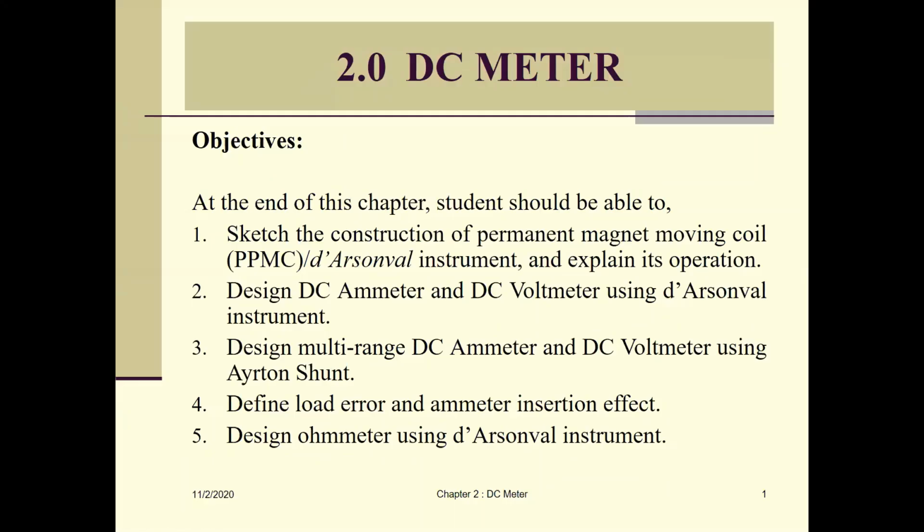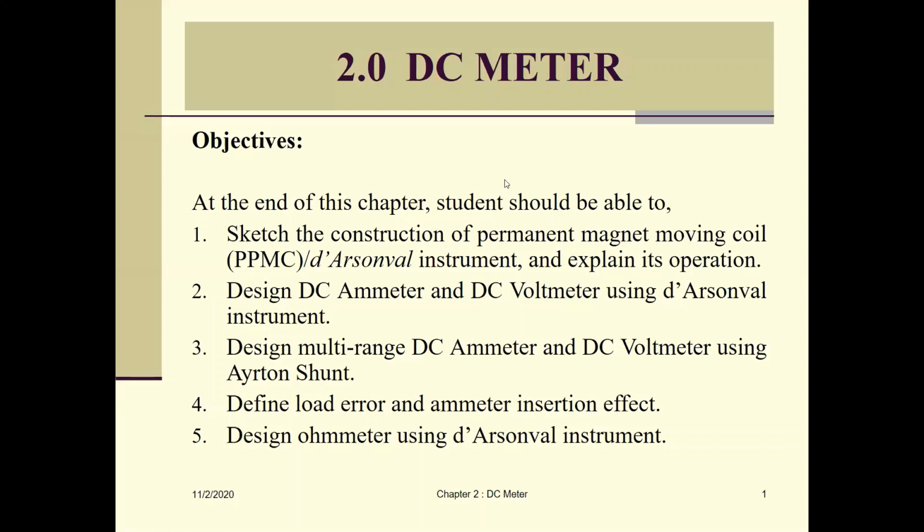So chapter 2 is the DC meter. DC meter, as I mentioned to you, is the direct current meter. On the DC meter, we have the voltmeter and the ammeter. The ammeter is to measure the current, and the voltmeter is to measure the voltage. So at the end of this